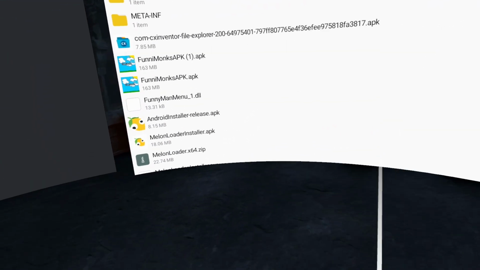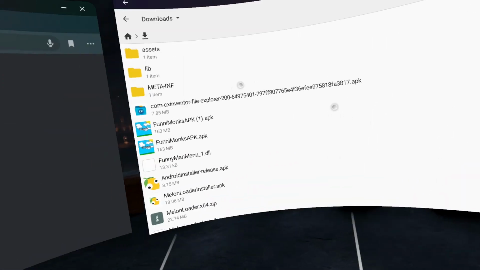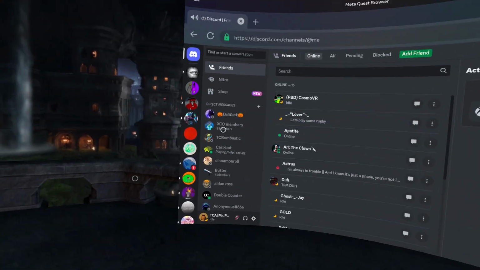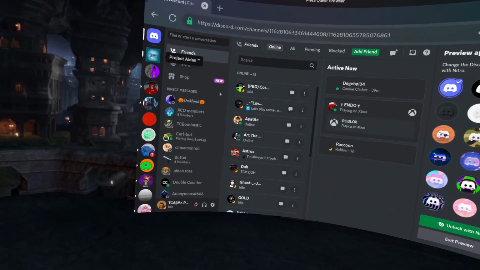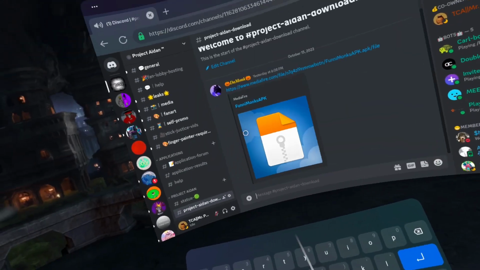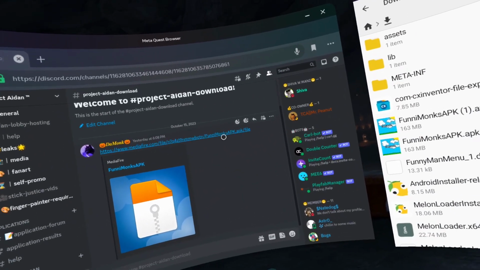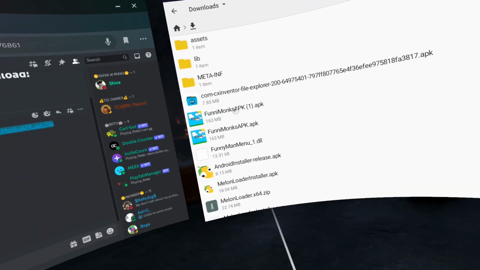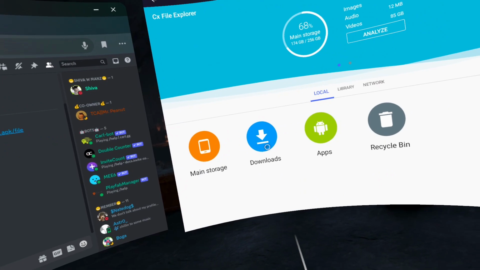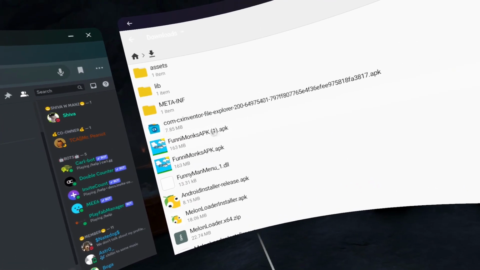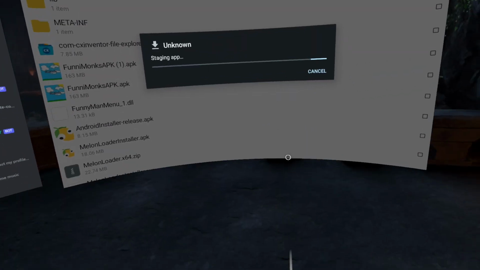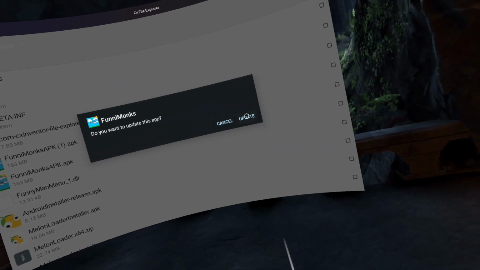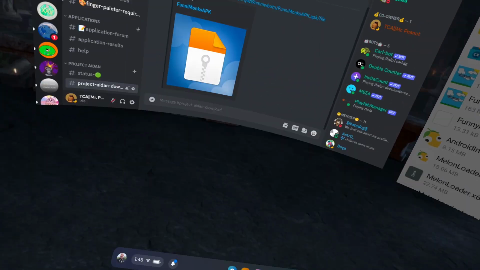Now this process, you can do the same process that you did with CX File Explorer to get it onto your headset for the game. But it's easier to do it in your headset because then you don't have to go plug into your computer and all that. Go here, click download, and then it'll show up here. Once you just refresh, and it'll be there. Just double click on it, it'll say staging app. You just hit update or